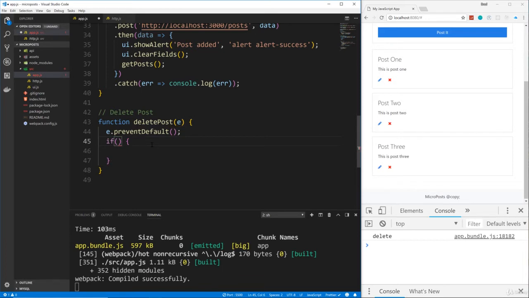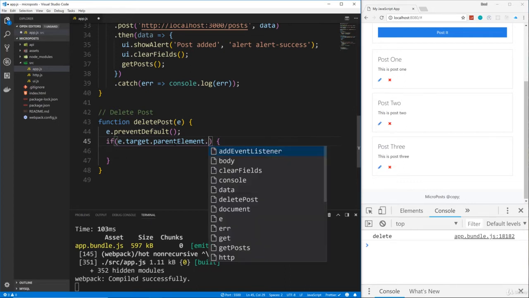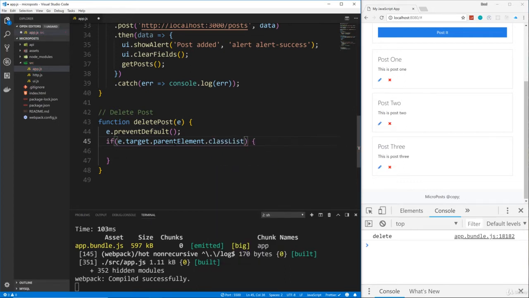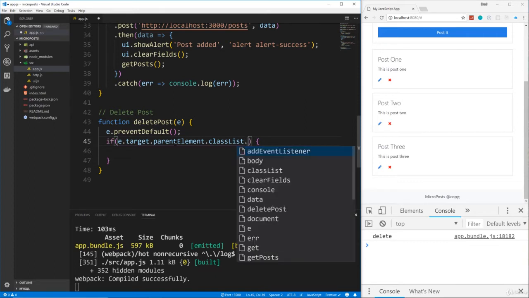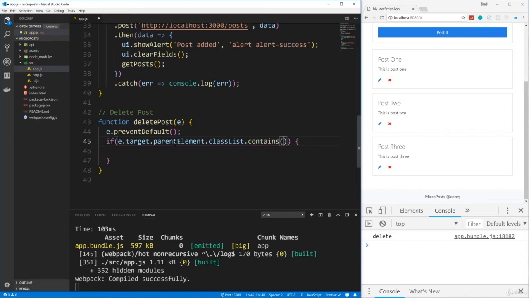and we're going to take the event parameter and call the target, and we want to use the parent element. So we want to say parentElement.classList. We want to look at the classes of the parent element, which will be the link, because the initial click is on the icon, and we want to see if it contains a delete class. So we're going to say .contains, and does it contain a delete? Okay, so that'll give us that particular